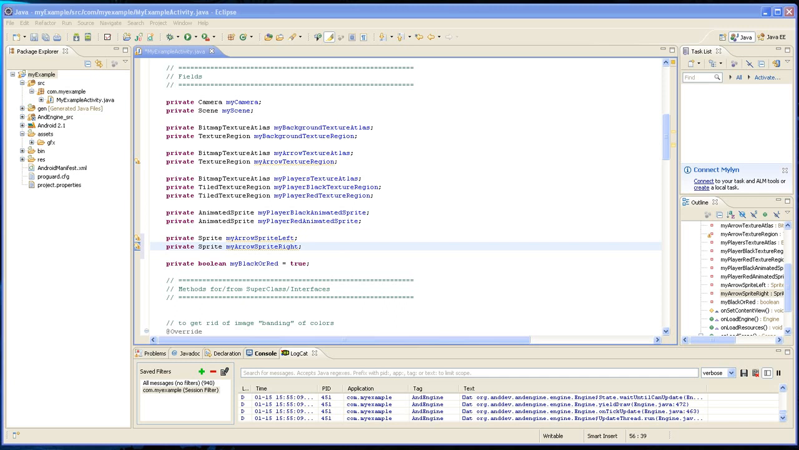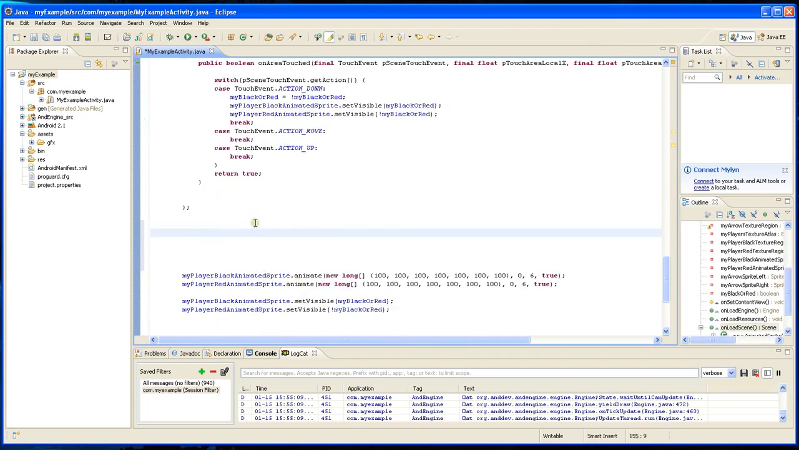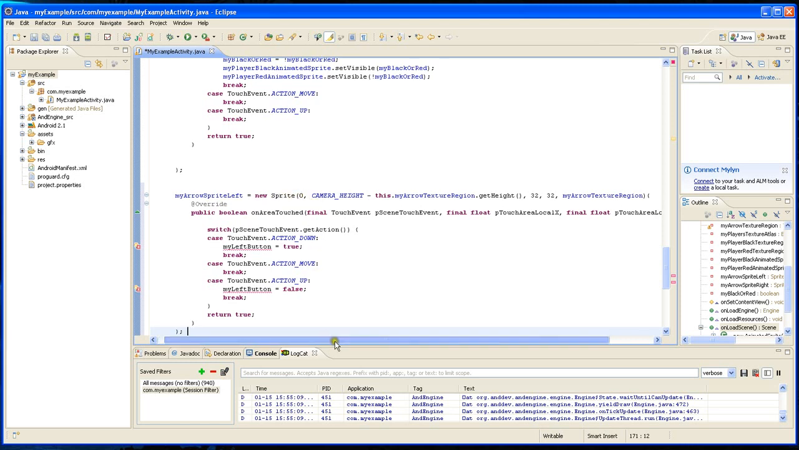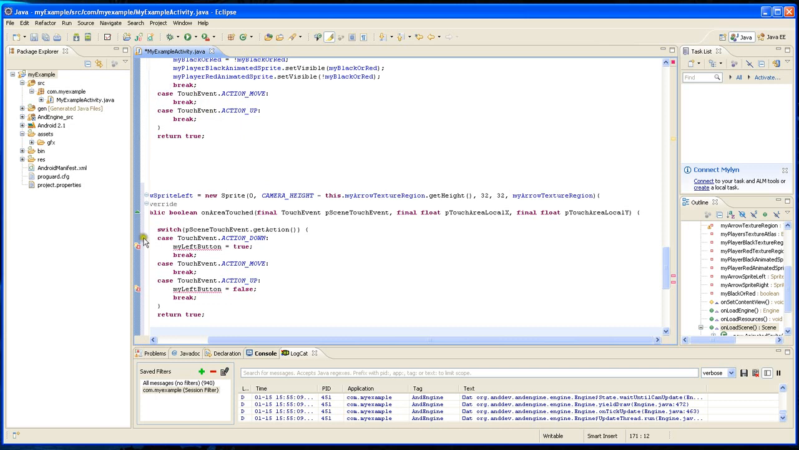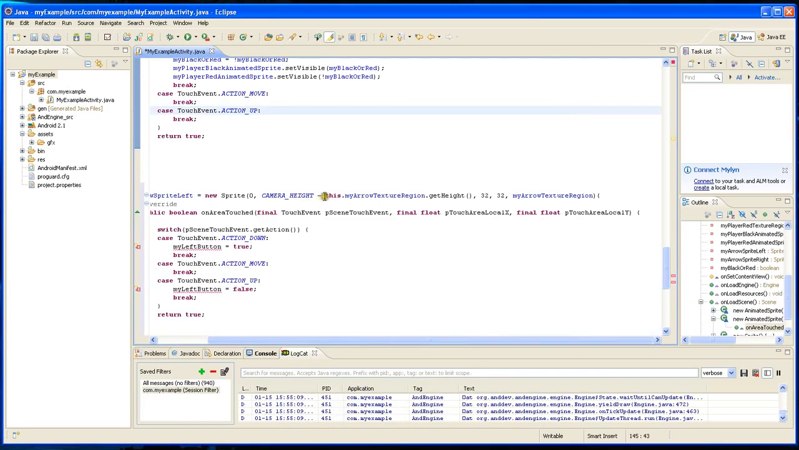Okay, then we're gonna create them, and I'm just gonna copy paste this because it's pretty much the same thing as the animated sprite. And you just create a new sprite, and it's gonna be at 0x, and the camera height, which is down here, minus the my arrow texture region dot get height. You could just simply burn in here the size of the image, which is 32 by 32. You could just simply type in minus 32, or you could ask what the size is, and then you tell it that it's a 32 by 32 sprite, and you tell it where to get the image from,